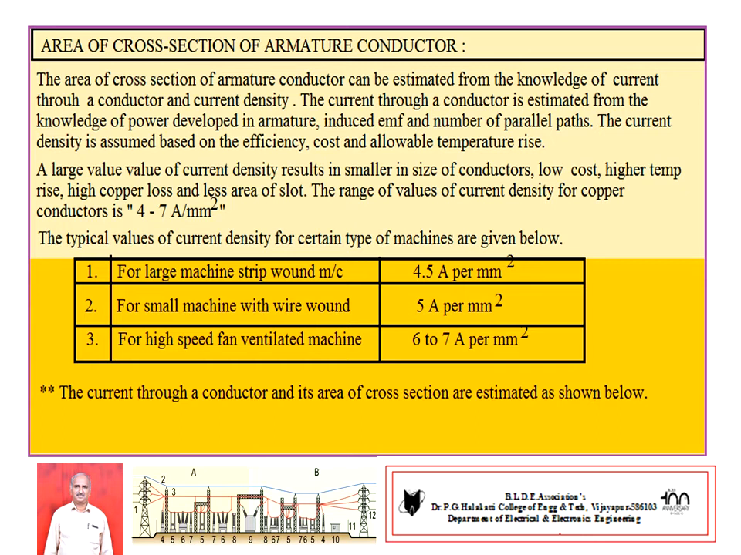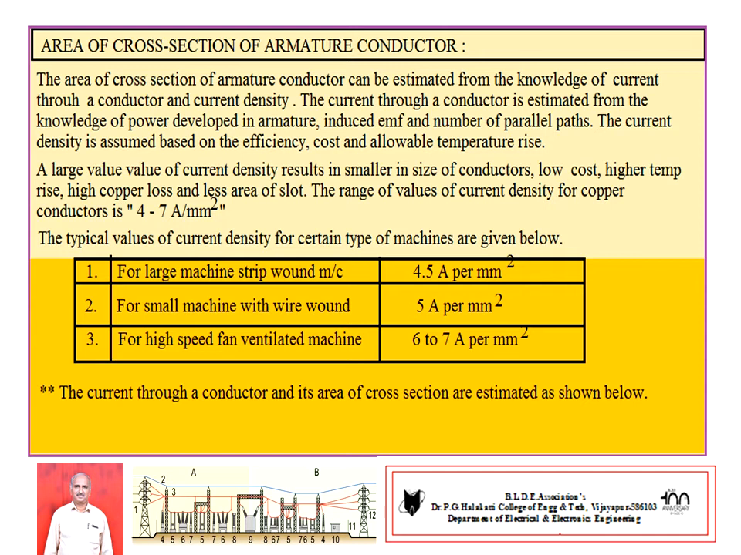Next, the design of cross section of armature conductor. The area of cross section of armature conductor can be estimated from the knowledge of current through the conductor as well as current density. The current through the conductor is estimated from the knowledge of power developed in armature, PA, induced EMF, capital E, and number of parallel paths. Whereas the current